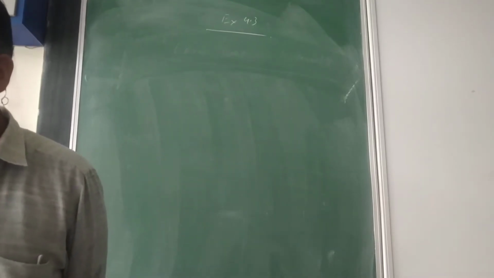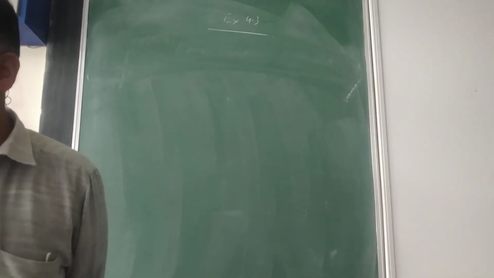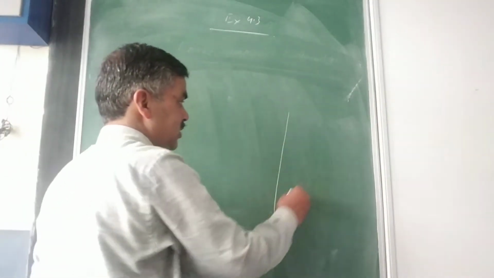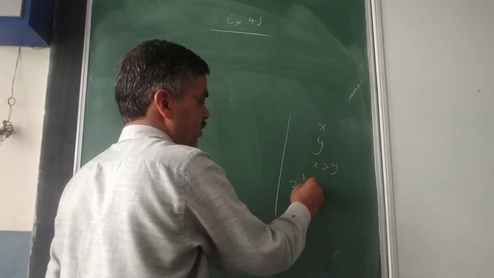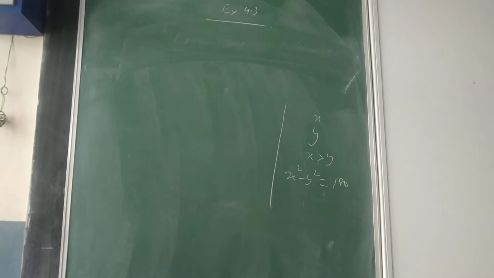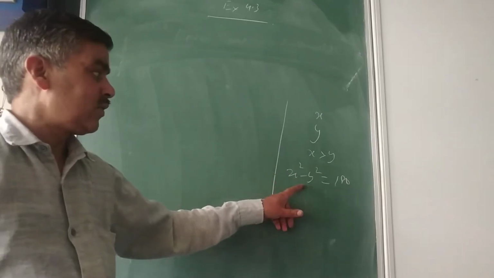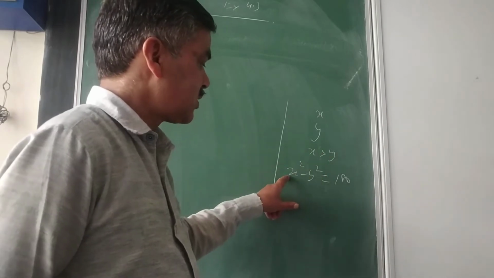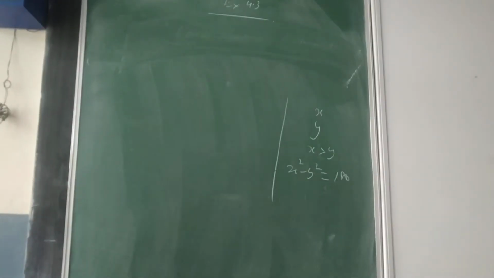The statement for question number 7 is: the difference of squares of two numbers is 180. I said in rough margin you start thinking in terms of x and y, such that x is greater than y. Then you can write x square minus y square is equal to 180. In that way you can plan. When you are talking about the difference, you need to mention this condition very clearly. If x is greater than y, then greater square minus smaller square will always result in positive, that is 180. So I can think in that way.